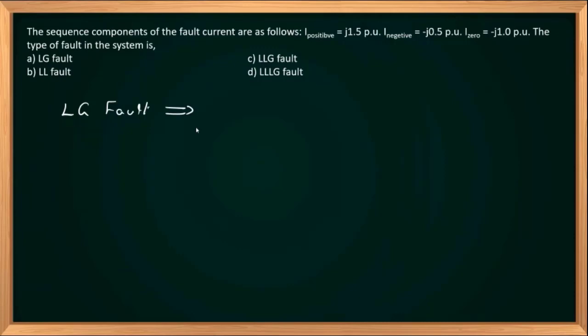That implies that all the sequence components should be equal. Okay, so the result is for a line to ground fault, the IA naught will be equal to IA1 equal to IA2, where IA naught is a zero sequence component, IA1 is a positive sequence component, IA2 is a negative sequence component. Similarly, for a line to line fault